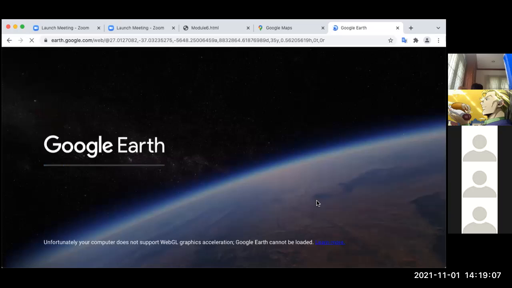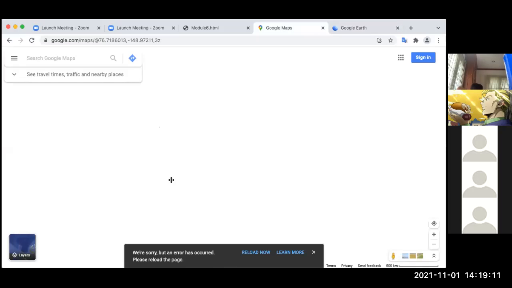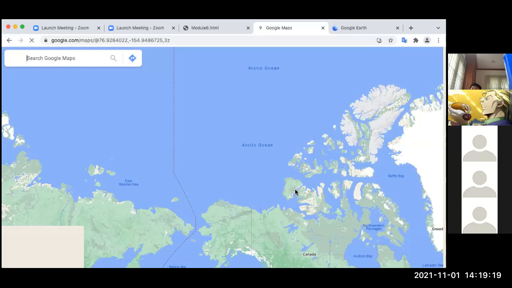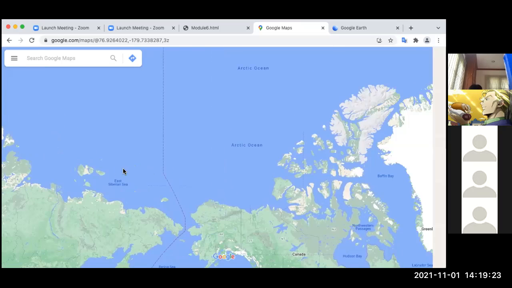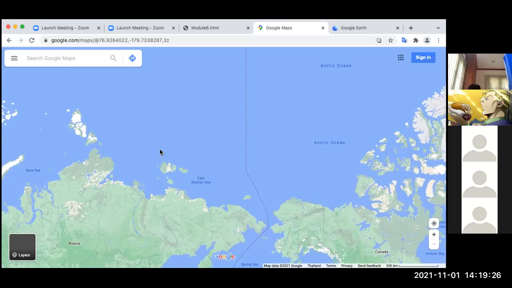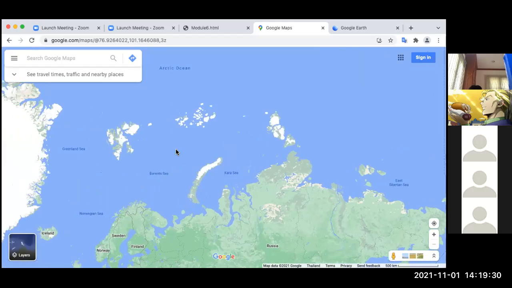You decided it doesn't work. So. Yes. Okay. Okay, so this is the Arctic Ocean. Okay, the Arctic Ocean is here. And which countries are around the Arctic Ocean?